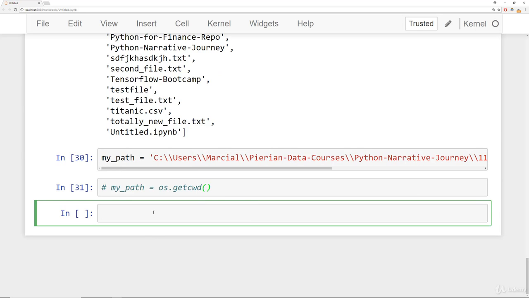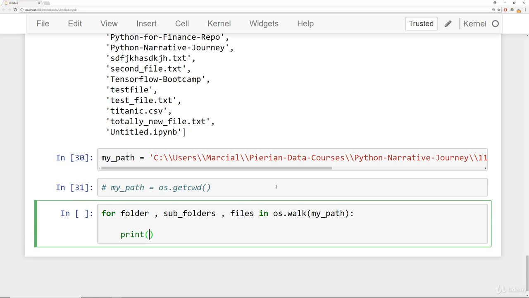And then what we will do is show you how to use os.walk. So os.walk uses a little bit of tuple unpacking because it's going to return back three main pieces of information: the folder it's looking at, the current subfolders it's looking at, and then the current files it's looking at. And then you say os.walk, and then whatever directory you want to walk through. So we'll say my path. And then let's just print out the